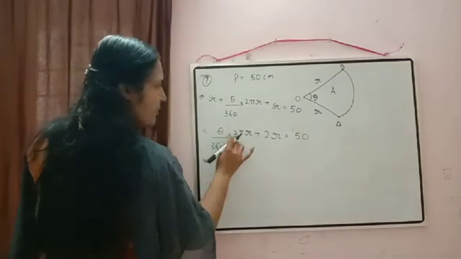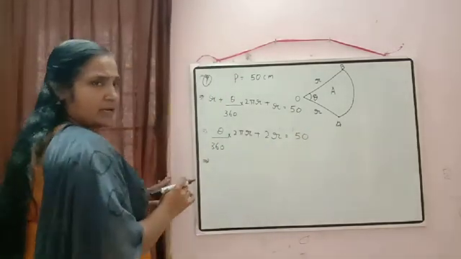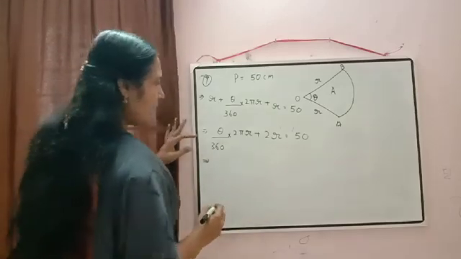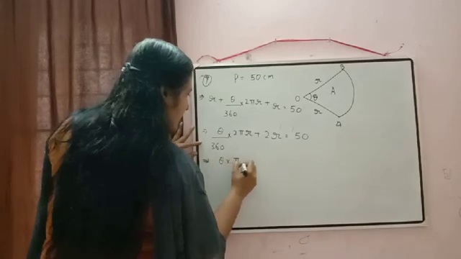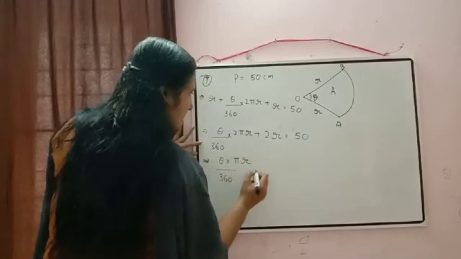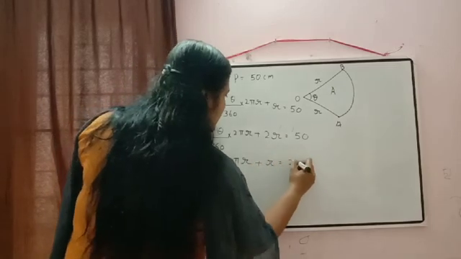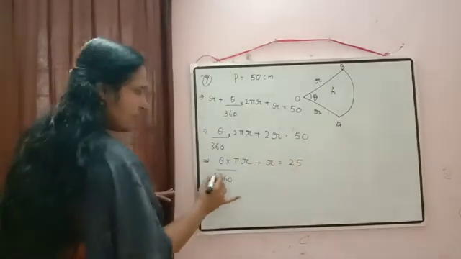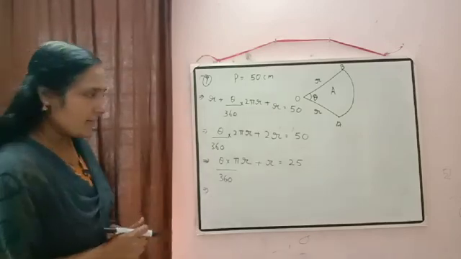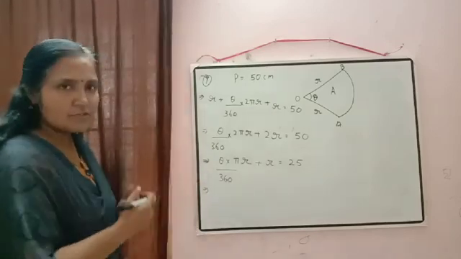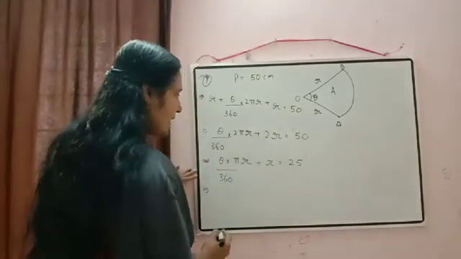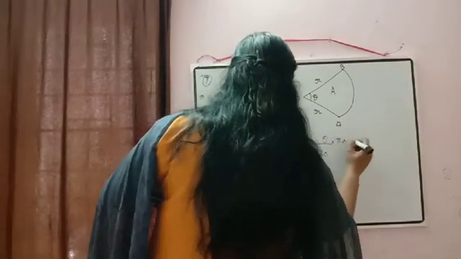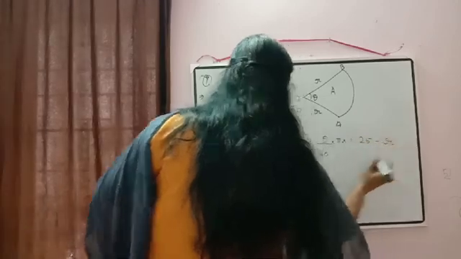Now just to check there, all the expression is divisible by 2, so we are dividing the whole equation by 2. So here 2 and 2 will get cancelled, remaining it will be equal to theta into pi r by 360 plus r is equal to 25. Now from here we have to calculate the value of theta. So except theta, the rest all we have to shift to right hand side. First we can shift this r to right hand side. Then theta by 360 into pi r is equal to 25 minus r.